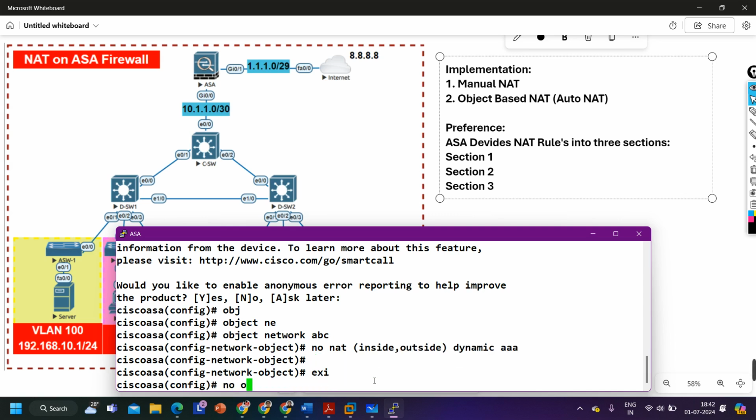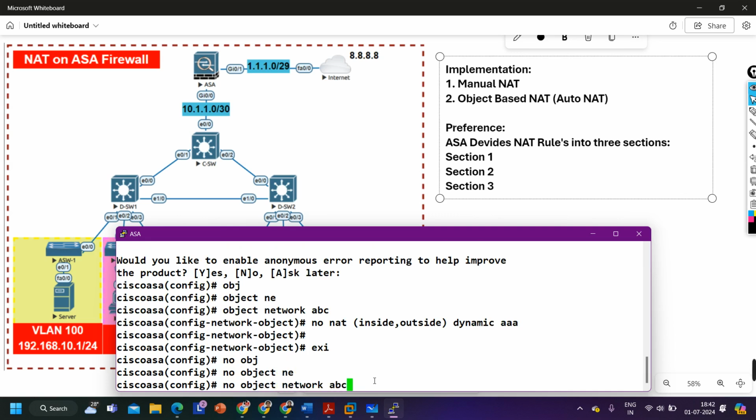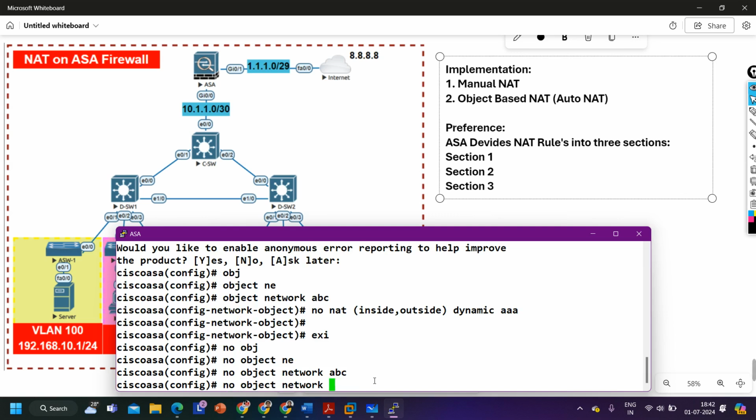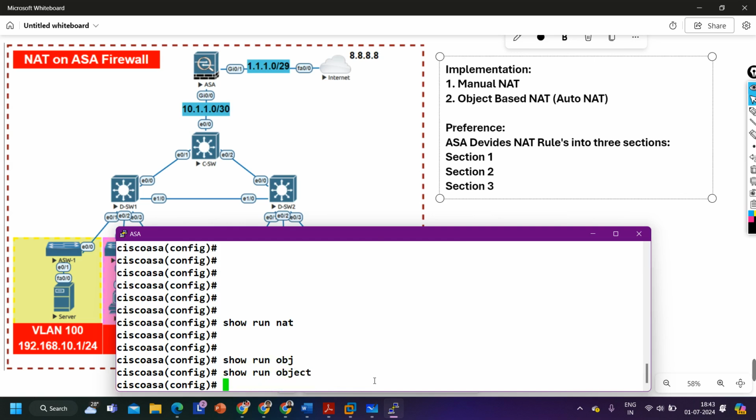And now I'm going to say no object network ABC, and I think one more object is there, that is now. So run NAT. You can see we don't have any NAT configuration, guys. So run object, we don't have any object here, and object group, even we don't have any object group here. If you want to verify the ASA configuration, simply you can run command like so run